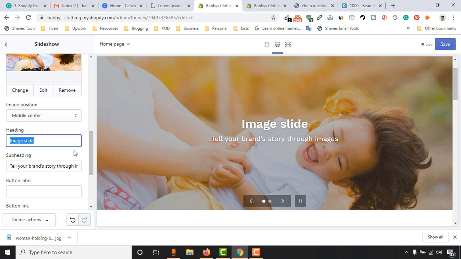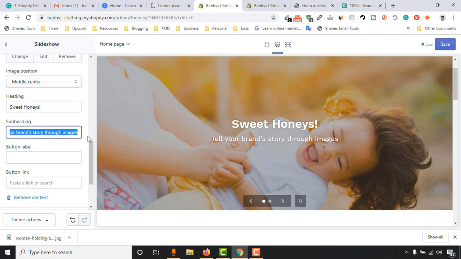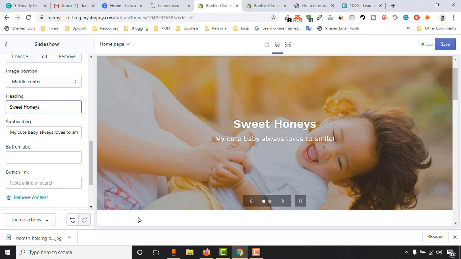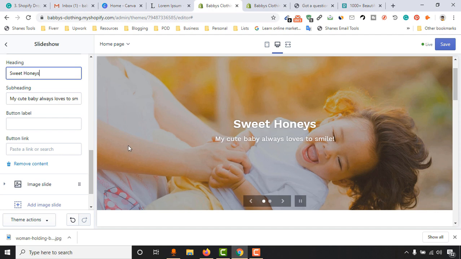All right, we can change the text to something like sweet honey. This is just a demo text. You can put in or customize it for your need. So I want to replace this one, and let's put a subheading like loves to smile. So this could be a subhead or subheading, and you can remove this exclamation mark from here. And then we can also add a button here. For example, if I want a shop now button here, shop now,